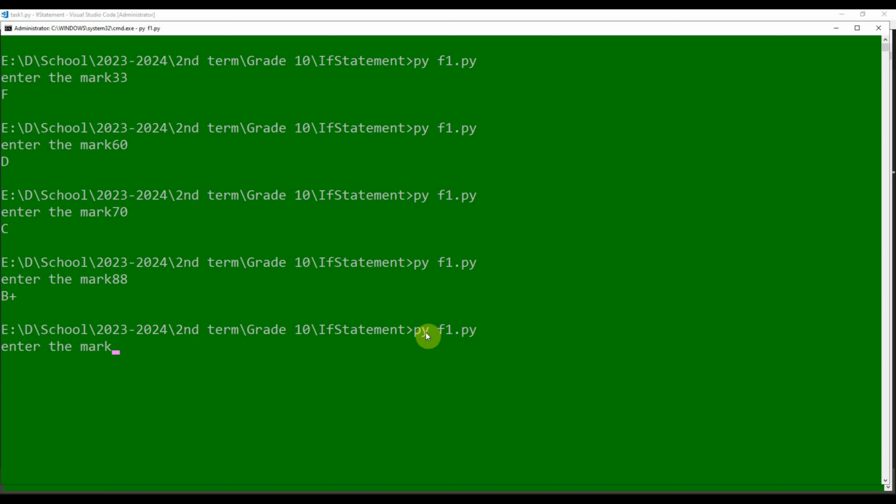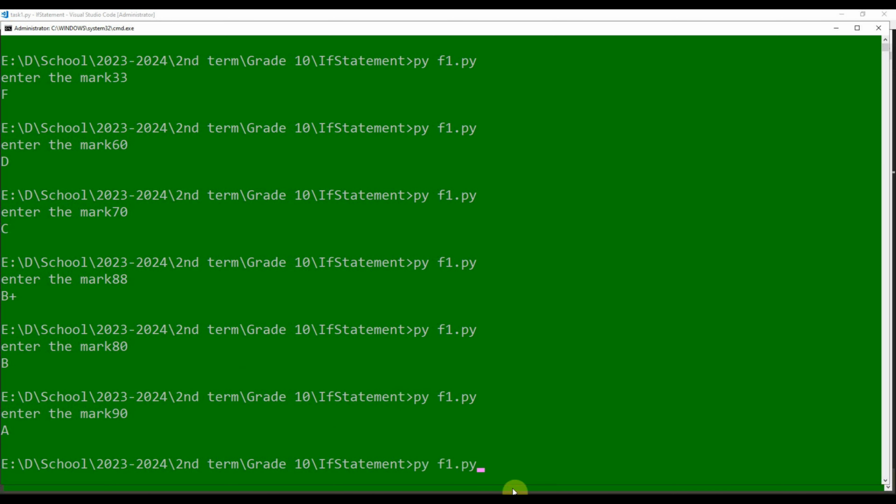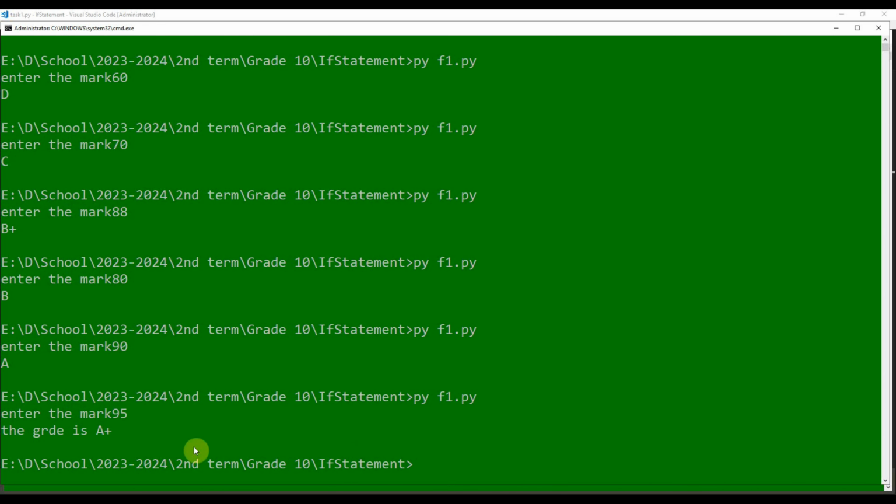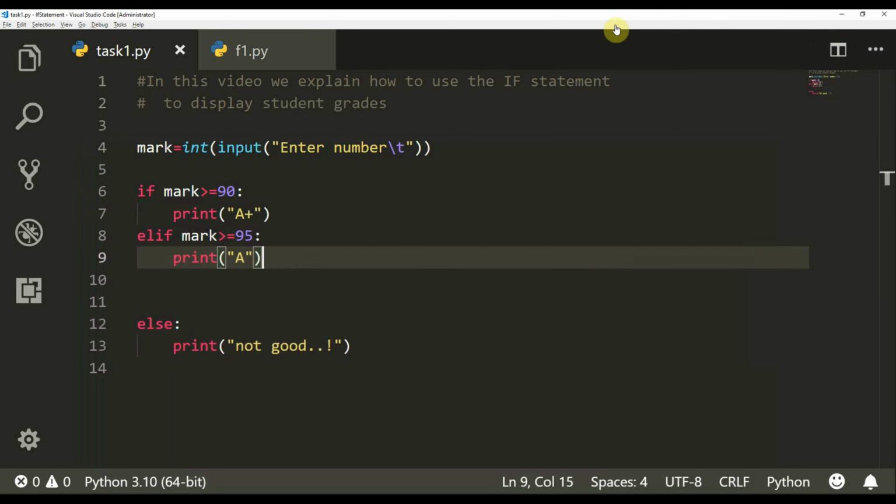I'll add 80, the grade here B. For example, I'll add 90, it will be A. 96 or 95, for example, it will be A plus, and so on. So I have more than two branches, okay, 1, 2, 3 or 4 and so on. So I have to use this case. Okay, A plus, A,